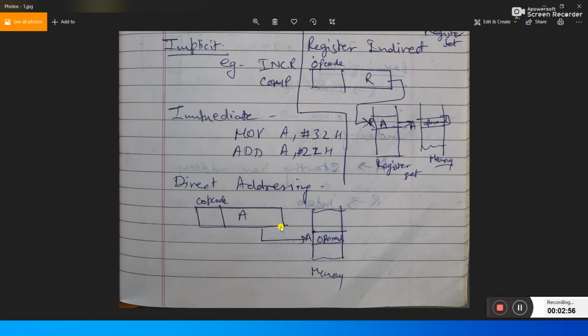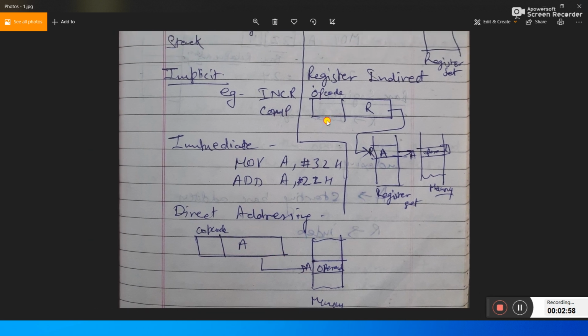This may be a memory, this may be a register. We just name the direct register here. So this is direct addressing mode.